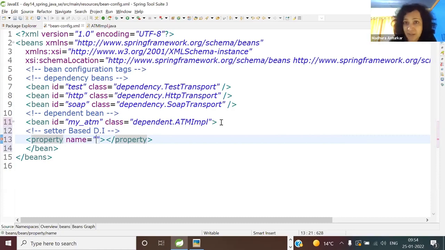Only thing is property is not equal to star. So here you have to supply the name of the property. So here just control space it. And anyone wants to tell me how come it has understood my transport? How come your IDE has understood it? Are you understanding the question? I said on intellisense, how does it understand?